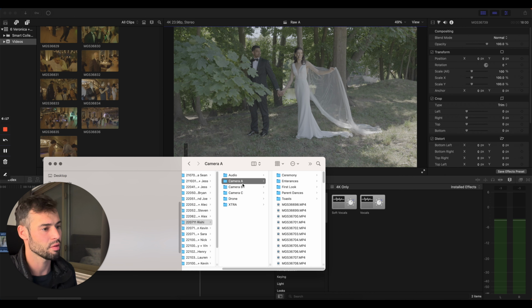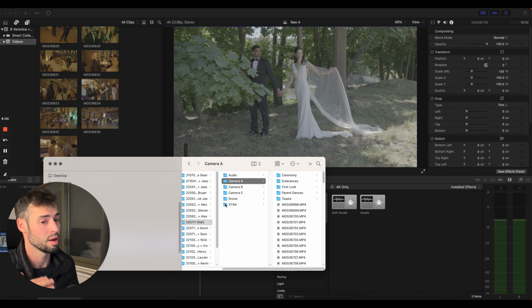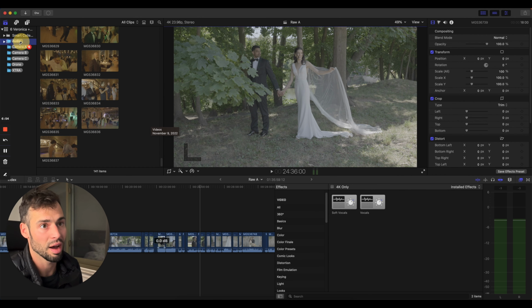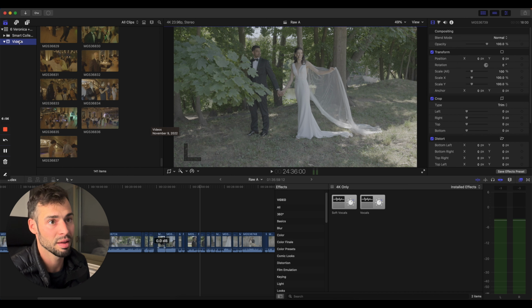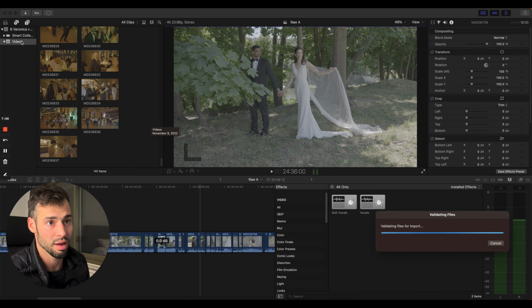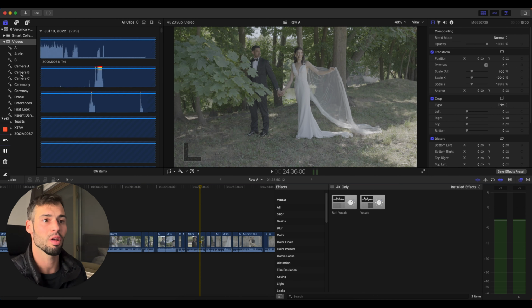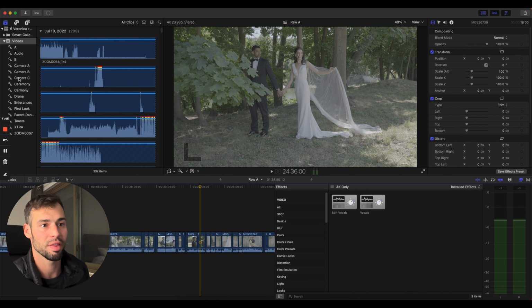So now, once we have our folder structure set up exactly like this, exactly how I tell you, now we're gonna import everything into Final Cut. So I'm just gonna highlight everything just like this, and then I'm just gonna simply drag it right onto this event, and watch what it does. Takes a little bit of time, and bam, just like this, we have all of our folders and everything into